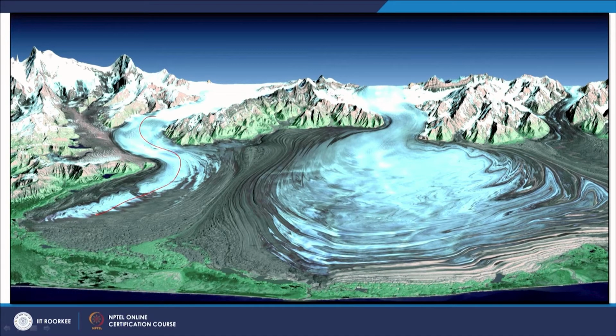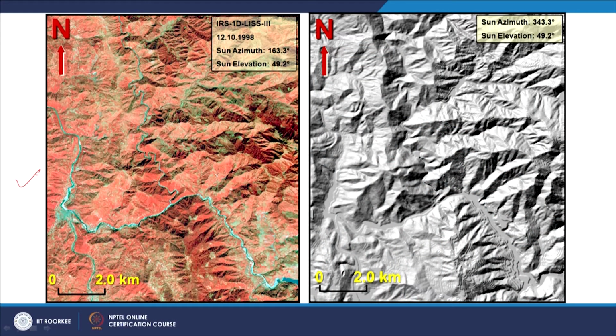Now, another example of how one can integrate and solve a problem, the false topographic perception phenomenon. The satellite image on the left side is suffering from this phenomenon, or in short FTPP, and this is a simulated shaded relief model where the illumination source has been kept in the northwest direction, whereas in the case of the satellite the illumination source is in the southeast direction.